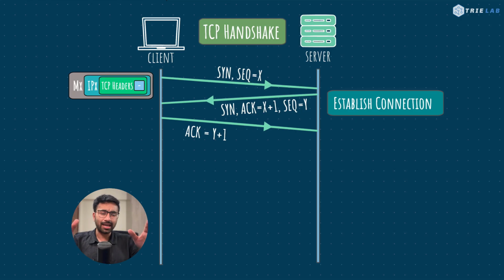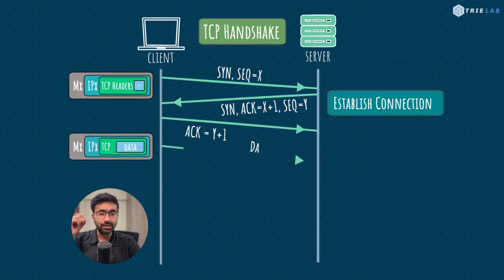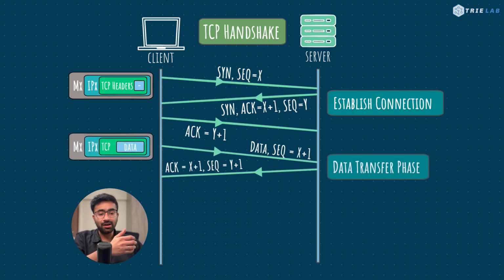Handshake mechanisms are quite common in networking protocols, and that's one of the reasons I've shown this in this video. If you notice, both the client and the server are also using a sequence number, which helps order packets as well. The acknowledgement number from the client's and the server's end indicates the next sequence number that I expect from your end. For example, over here, the server responds with an acknowledgement saying that the acknowledgement number is x plus 1. So once the data transfer phase begins, the client will send data with sequence number x plus 1, which the server will again acknowledge, and that's how the data transfer phase happens.